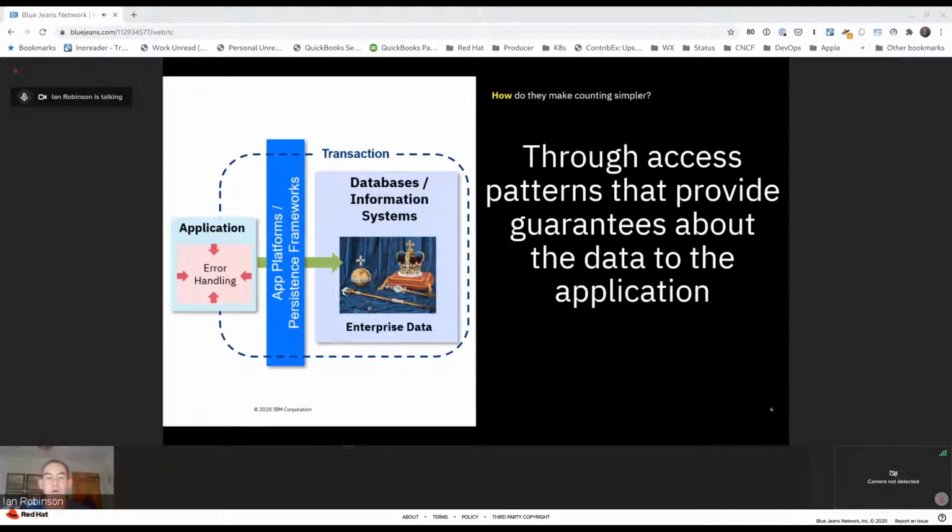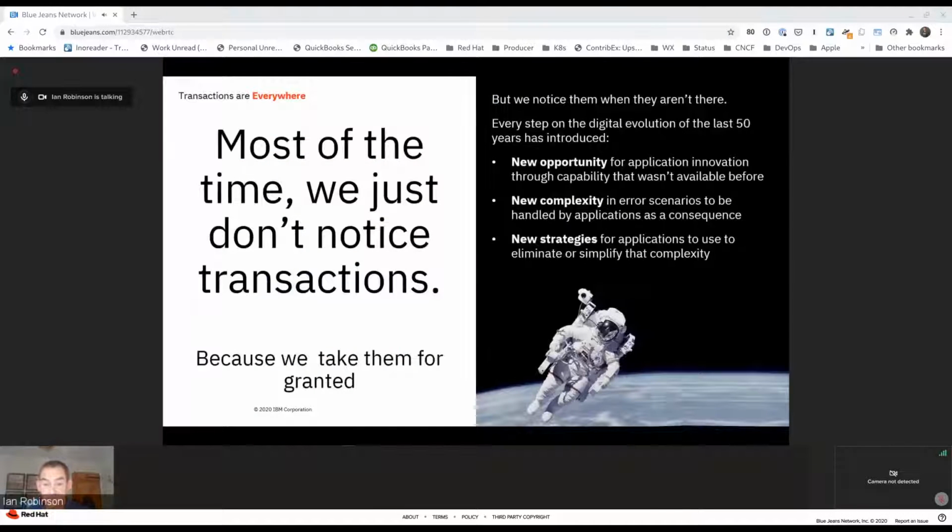And in every part of this discussion, this is really all about making that red box as small as possible for the application, so that the valuable parts are the majority of the application.